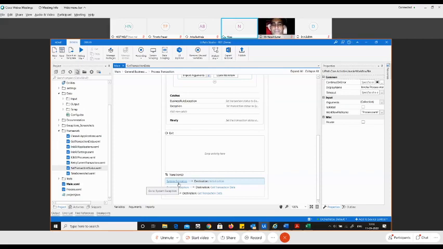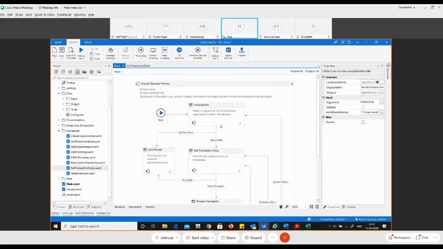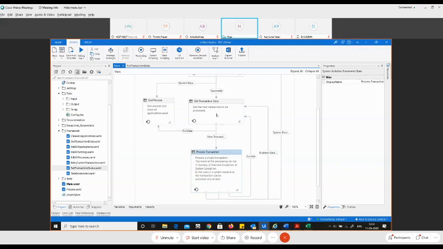Now, what if it's a business exception? If it's a business exception, that means the process is fine. There is some data discrepancy in the data value. So what you need to do is set it to fail and then go back to the get transaction state here. And if it is a success, that means everything is fine. Then again go back to get transaction data, fetch a new queue value, and start processing the values from there. And the end process is basically, if there is no transaction, go to the end process.